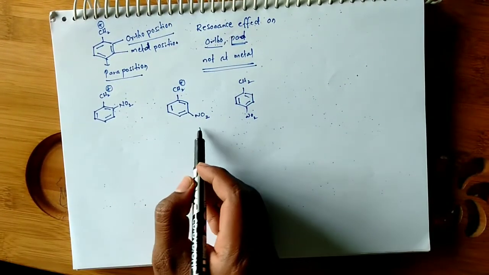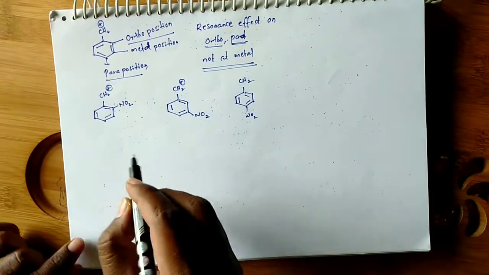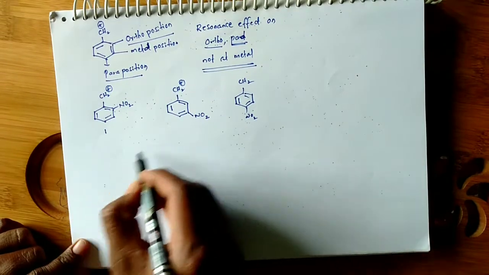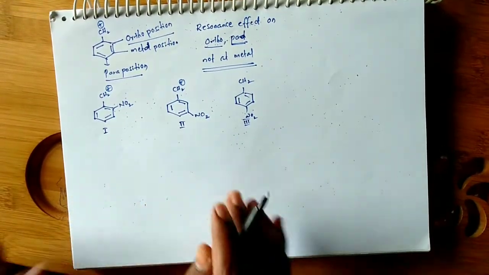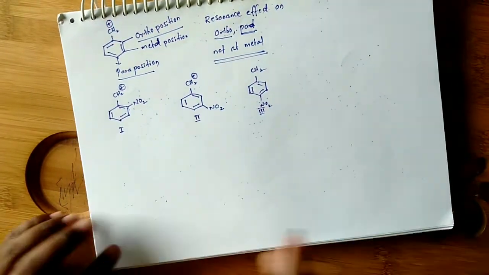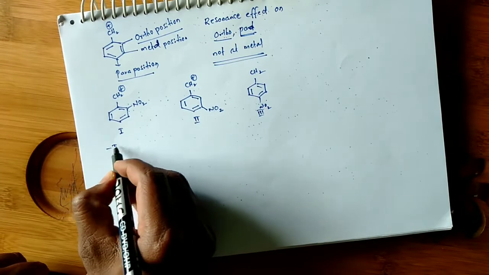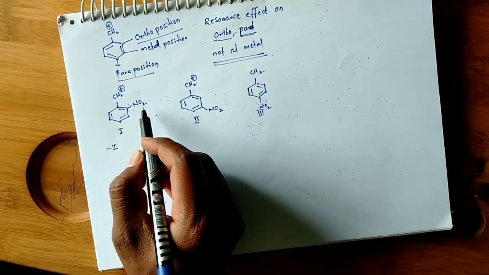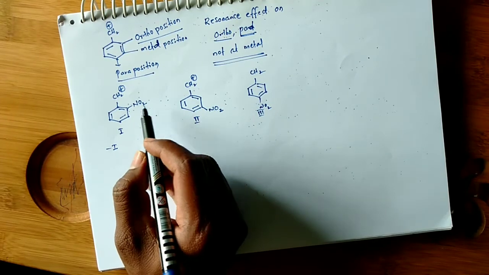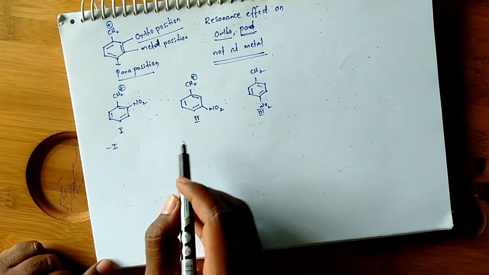Okay, so generally electron withdrawing groups destabilize the molecule, but among these three, 1, 2, 3, what is more stable? Here there are two types of effect, minus I effect, because this is also a minus I group. Now, I explained the inductive effect in another video available on the channel, you can refer to that.